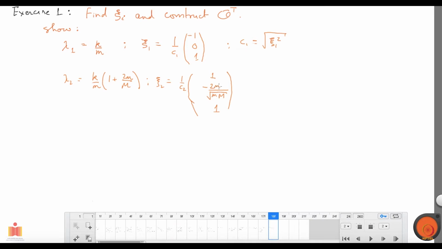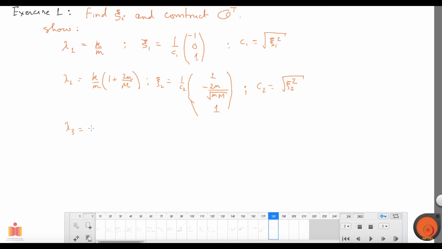So here you have 1 mass, and here you have 2, but then it's a square root, so it cancels the mass dimension, and that makes it perfectly fine, dimension wise. So hopefully that is correct. Then you should find out the c2. c2 is again xi2 square. Okay, if you divide by this, it will be a normalized vector, the xi2.